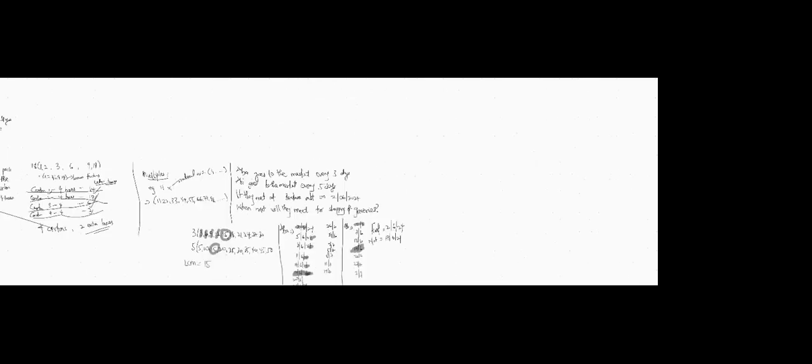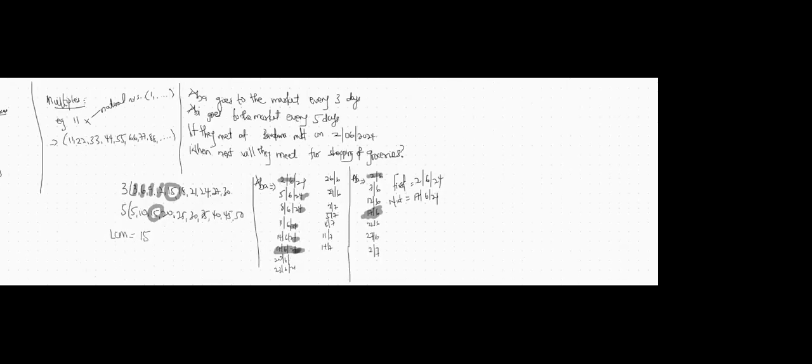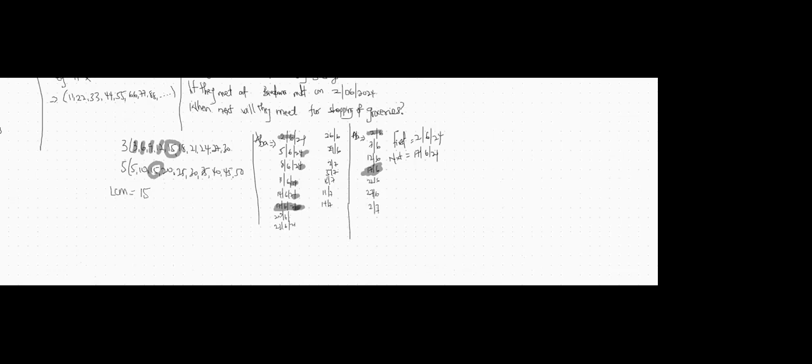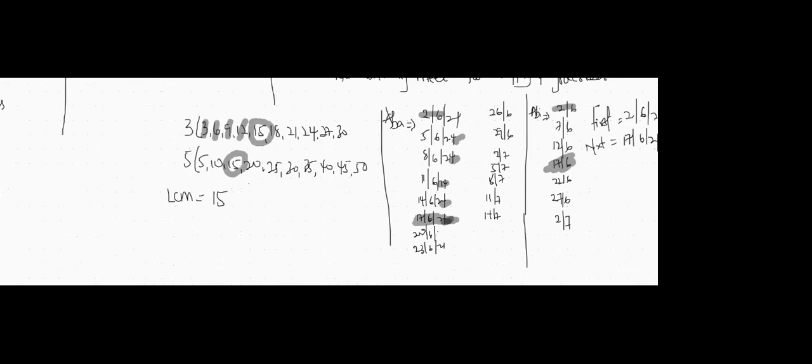From the previous solution earlier, I said we should simply find the multiples of 3 and multiples of 5, right? Yes. And we were finding multiples. What did we get? 15. That means that they'll meet after what? 15 days. Are you following? Yes. So if they will meet after 15 days,